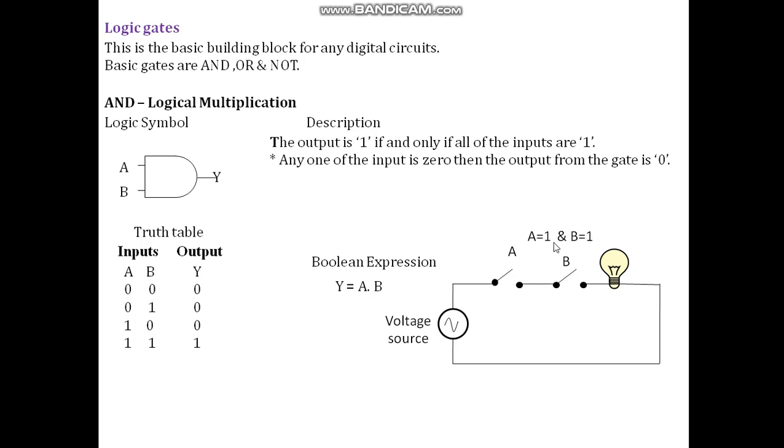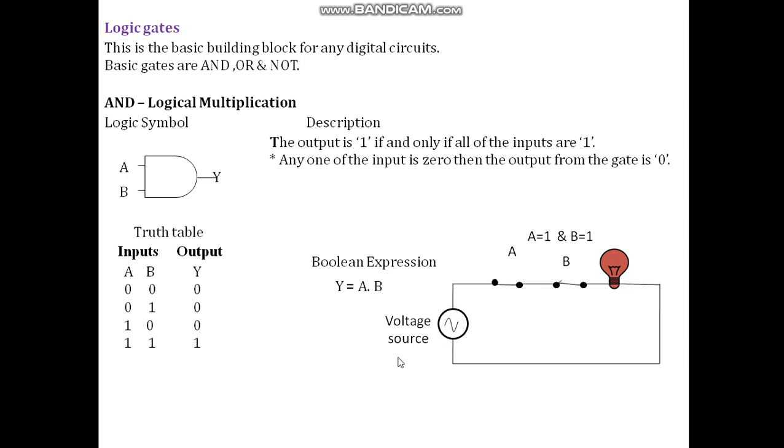First condition, A equal to 1, B equal to 1. Both the inputs are 1. I already told you that 1 means the switch is closed. So here both the values are 1, so both the switches are closed. Now there is a closed path, so definitely the bulb will glow. It gives output. So if A equal to 1 and B equal to 1, we get output. So we proved that if both the inputs are 1, the output is 1.